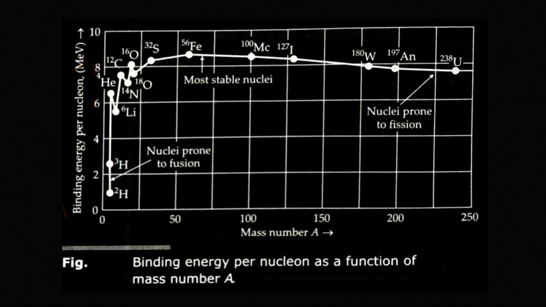The value of this binding energy per nucleon gives the measure of the stability of the nucleus. That means the greater the binding energy, the more stable the nucleus will be. The lesser the binding energy, the less stability in that atom. That means that atom will decay or disintegrate. Clear? So you can remember, the greater the binding energy per nucleon, the better. With lesser binding energy per nucleon, that atom will not exist, or it will exist for a very short period of time.